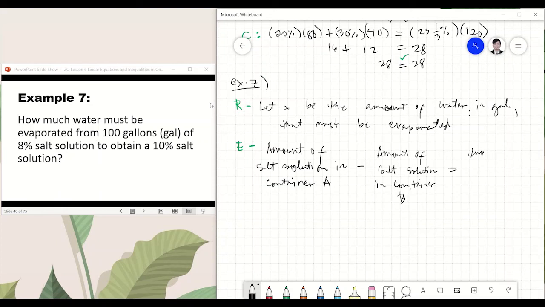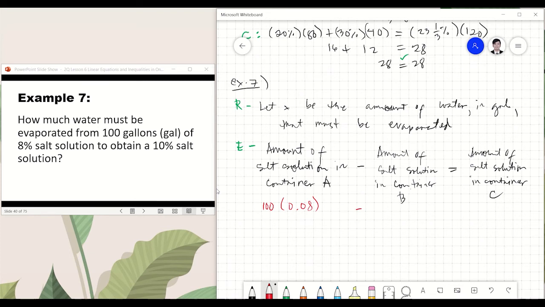So, ito na yung amount of salt solution in container C. So, paano natin makukuha yung amount of salt solution sa ating original substance? So, that would just be the amount is 100 gallon of 8%. So, 0.08